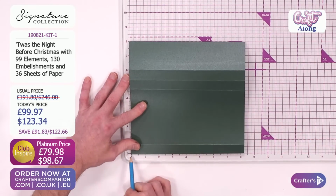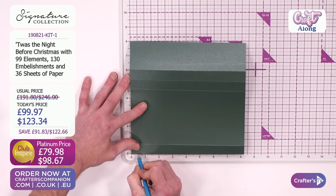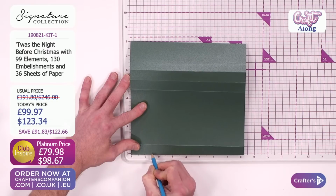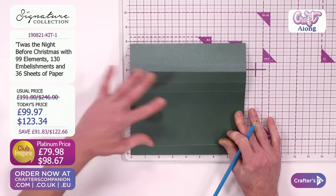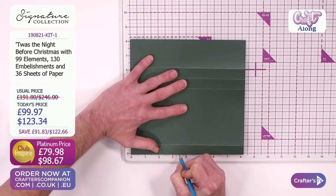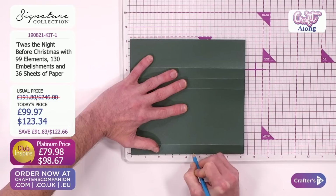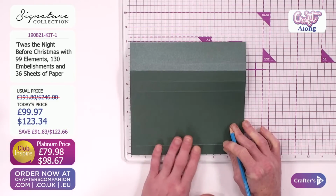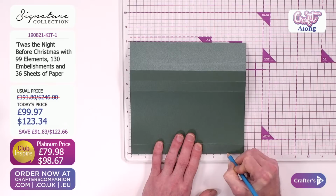So what I'm going to do is pop it right against the 0 here, and do a little pencil mark at every ½ an inch. So every ½ an inch, I'm going to do a pencil mark or a pen mark. Of course, you can stabilise it with low-tack tape if you want to. But every ½ an inch, doing a little pencil mark, working my way along, carrying on going, holding it down. Once we get to the end, it won't be an exact even